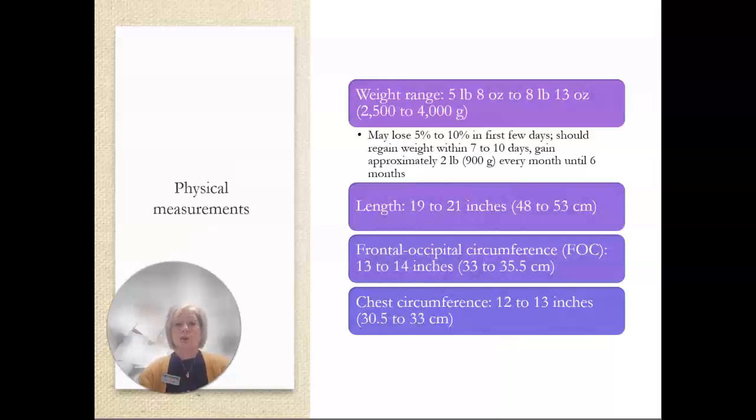So as far as physical measurements, we're going to physically measure that baby. So we're going to look at weights. Anywhere from 5 pounds 8 ounces to 8 pounds 13 ounces is going to be considered our normal weights. Anything over 8 pounds 13 ounces, we're going to consider that large for gestational age. So we're going to be looking back at that mom's history. Any baby that's less than 5 pounds 8 ounces, we're going to be looking at, maybe that baby had intrauterine growth restriction, small for gestational